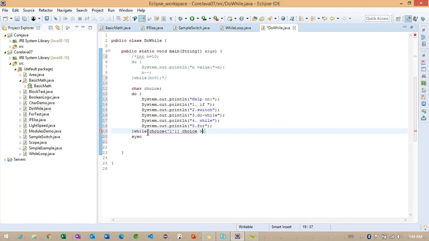Choice less than 1 or greater than 5. Observe carefully whenever we are making this particular condition. Whatever choice we select, either it is less than 1 or it is greater than 5, so between these is going to execute.